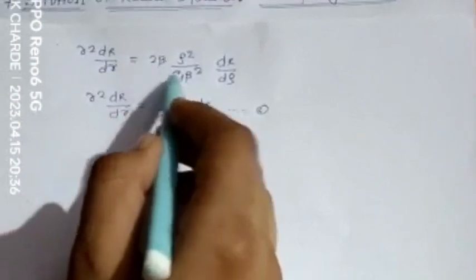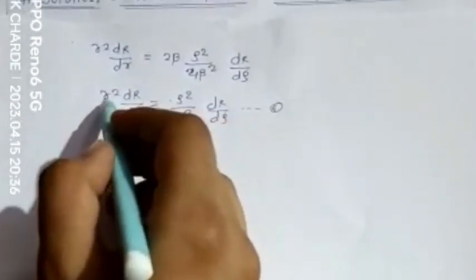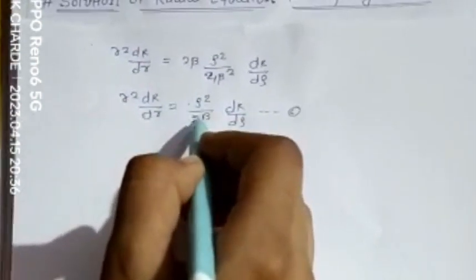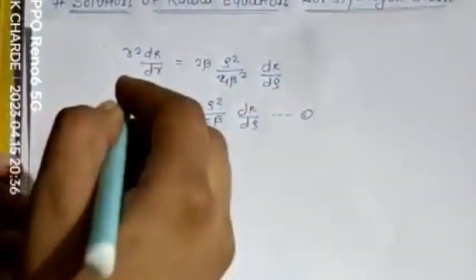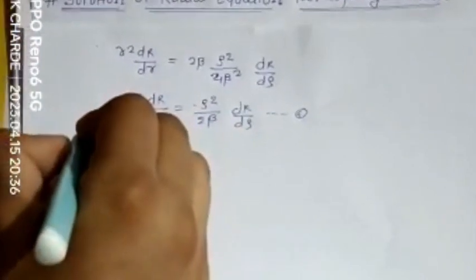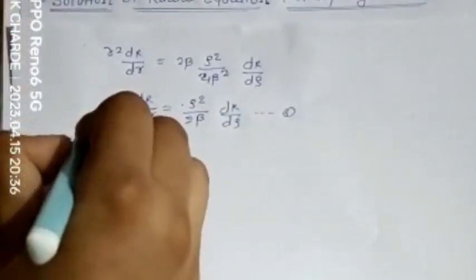Now here we have to cancel the beta beta. Then we get r square dr upon dr, it is rho square upon 2 beta dr upon d rho. Now we have to again differentiate the above equation, that is differentiating